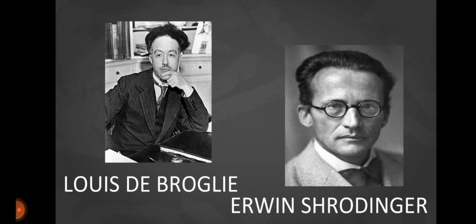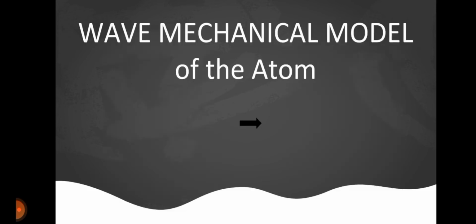Now, si Schrödinger naman, ginamit niya yung idea ni de Broglie na yung electrons nga ay pwedeng maging wave para makapag-develop ng isang mathematical equation. Dahil doon, nakabuo siya ng panibagong model ng hydrogen atom. But unlike sa ginawa ni Niels Bohr, yung hydrogen atom na model na ginawa ni Schrödinger can be applicable to other atoms. So, pwede siyang ma-apply sa ibang atoms. It is what we call the wave mechanical model of the atom.